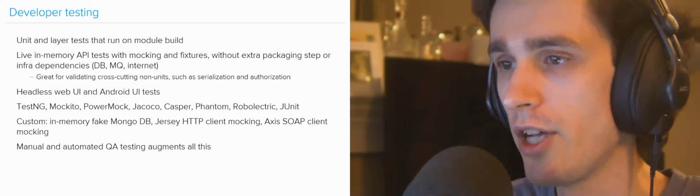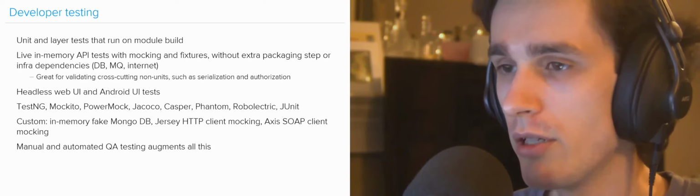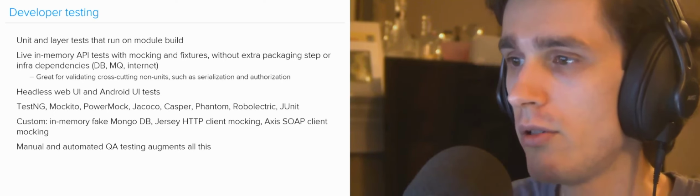at that level. We've also got UI tests. We use Casper and Roboelectric for web and Android respectively. We've also gotten